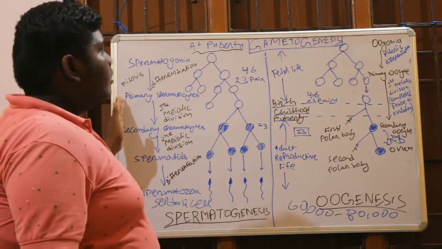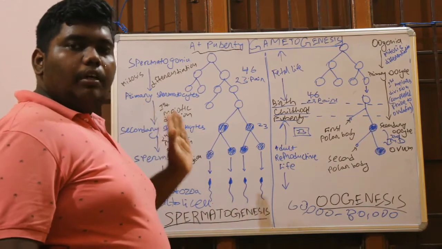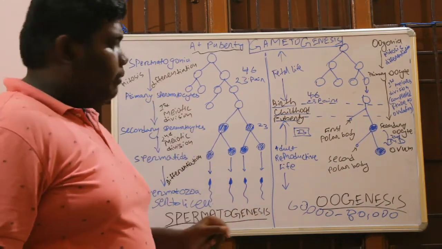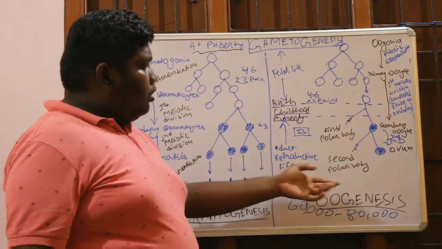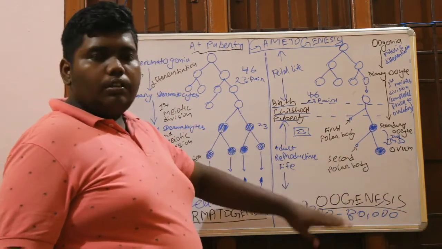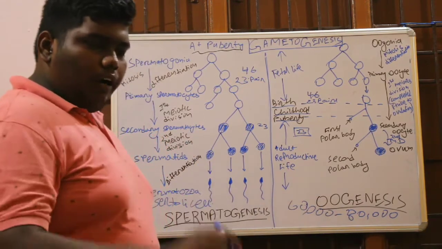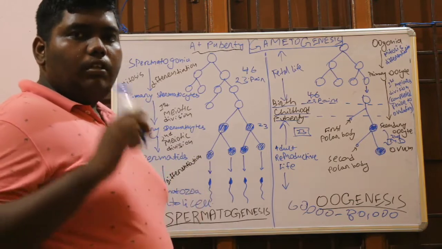But in the male, everything happens just after the male acquires puberty. This is how the ovum is formed, and this process is known as oogenesis. Now, after this we will read about the